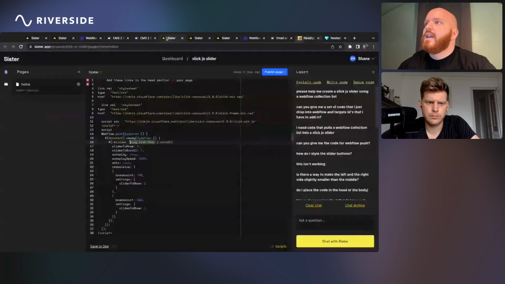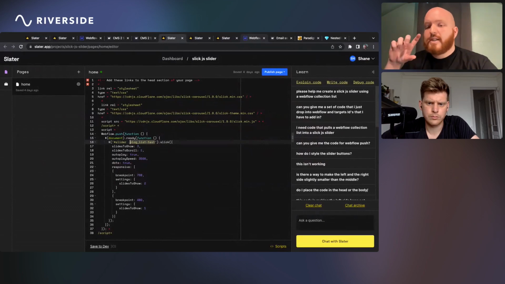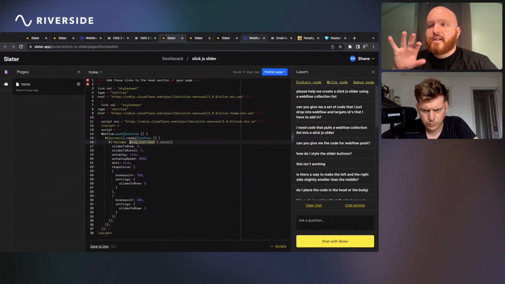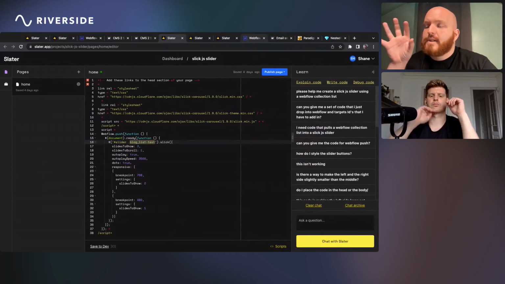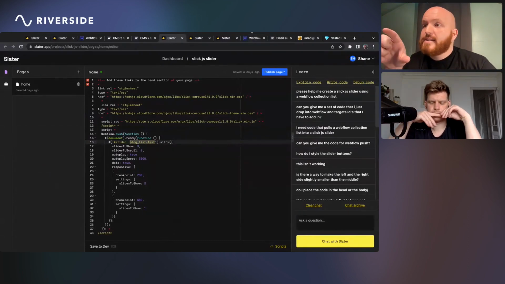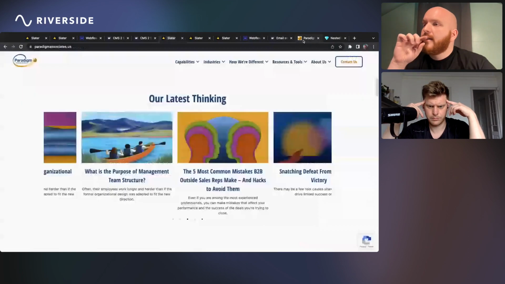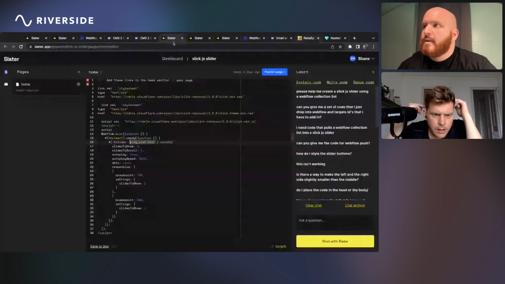Alright, so in the project, what we're doing is we're adding a div, we're putting an ID of slider on there, and then the CMS list is getting this name. Blog list test.